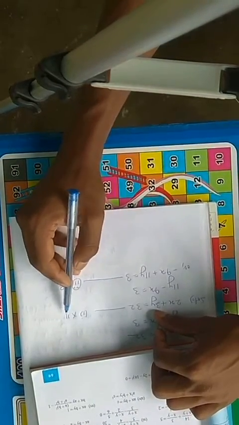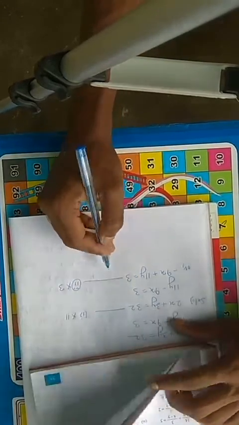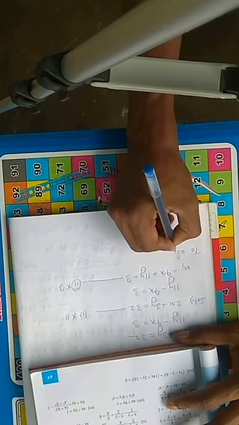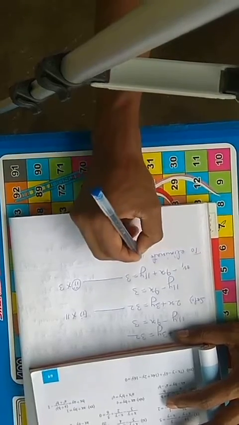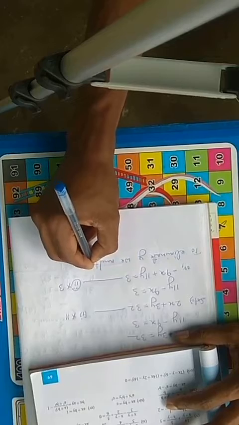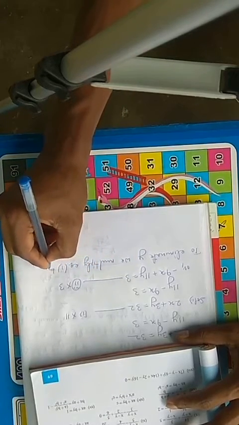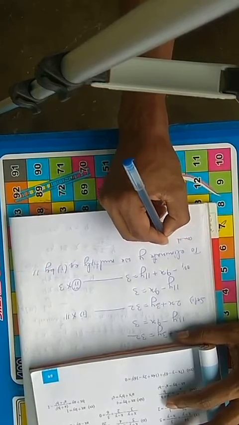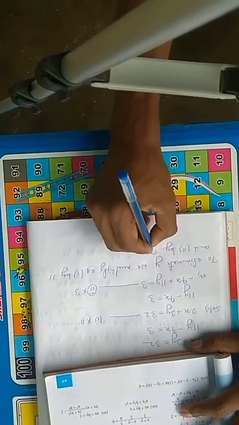If we eliminate y, then 11 times 3 is 33, and 11 times 3 is 33. That is the same. So to eliminate y, we multiply equation 1 by 11 and equation 2 by 3.